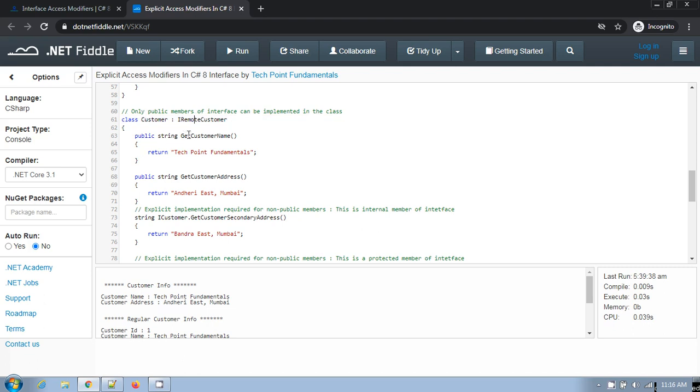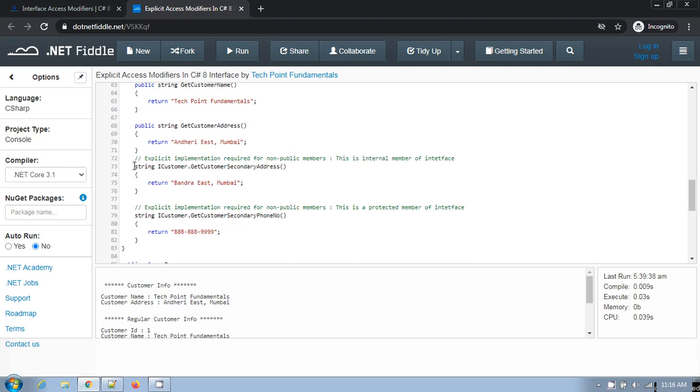Here, this one, get customer secondary address, is the explicit implementation. I have implemented the interface member with the fully qualified name, like I customer dot get customer secondary address. I have to first specify the interface name, then dot, then the name of the interface member, right?